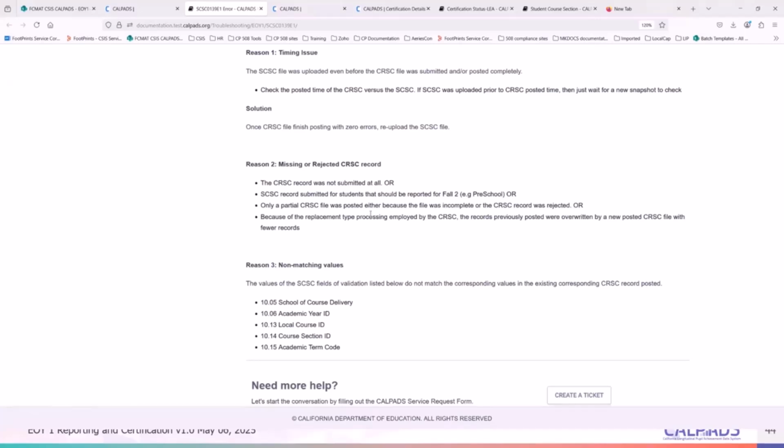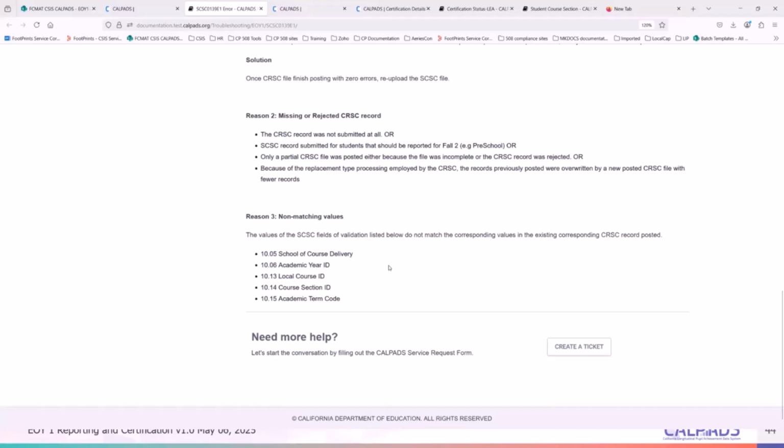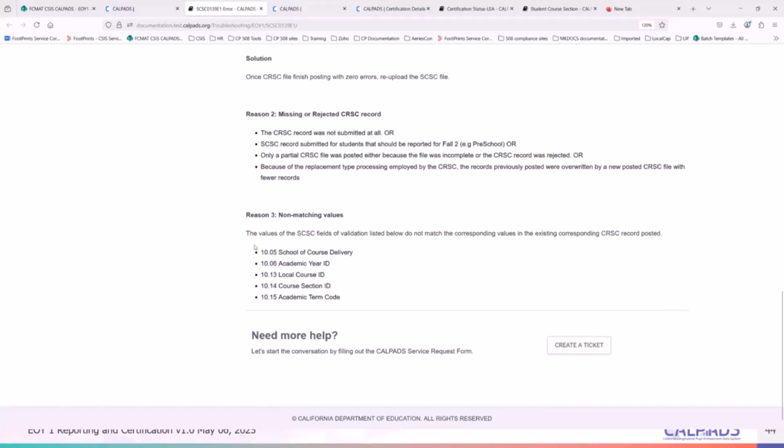Since your CRSC does not include self-contained classes, you now have orphan SCSC records. That's another scenario you should be aware of and make sure it doesn't happen, because resolving those is a little bit complicated. Then, of course, as I've mentioned, the non-matching values.